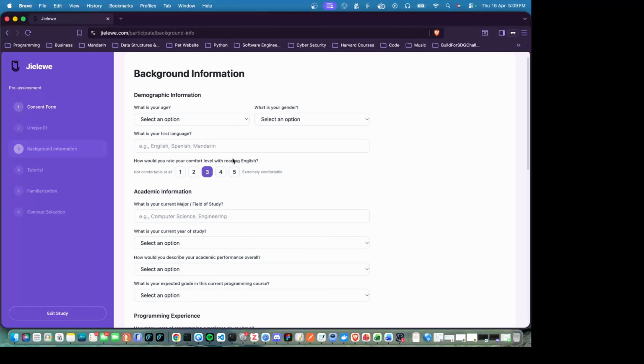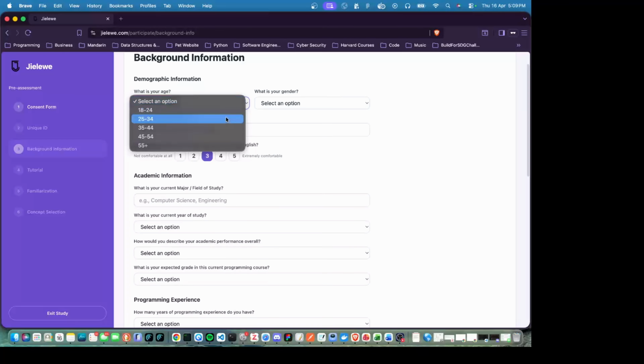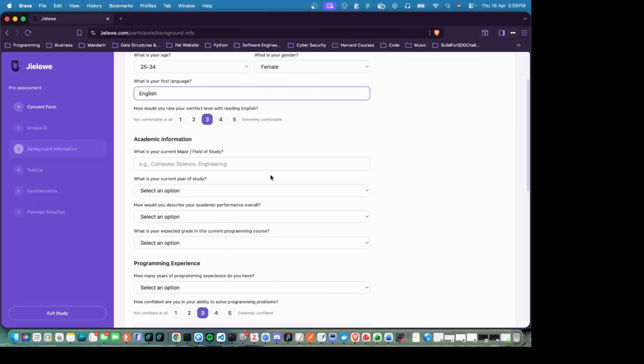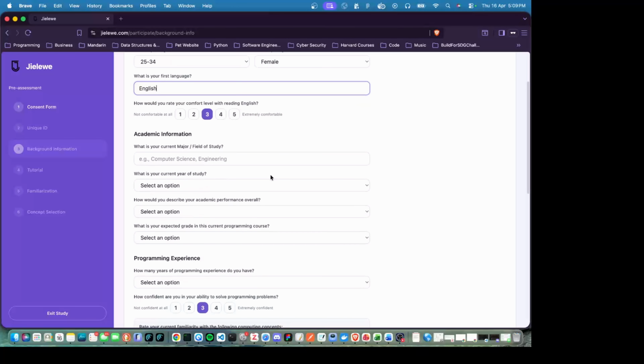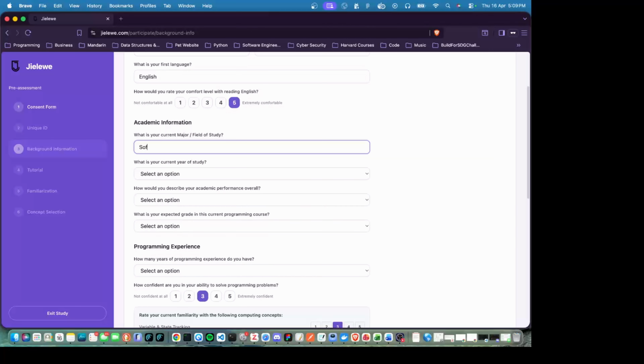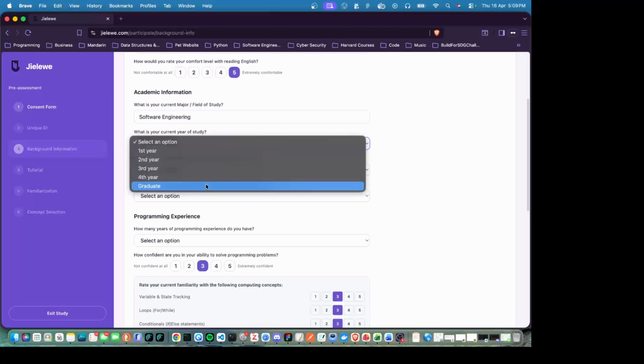This is the background information where you fill out your age, your gender, what you do, and your first language, so that we have a way to understand you better. I'm just going to fill this up really quickly.